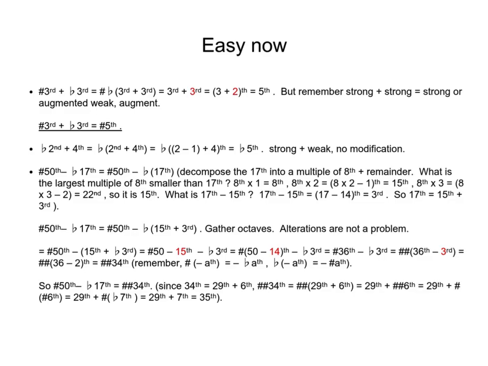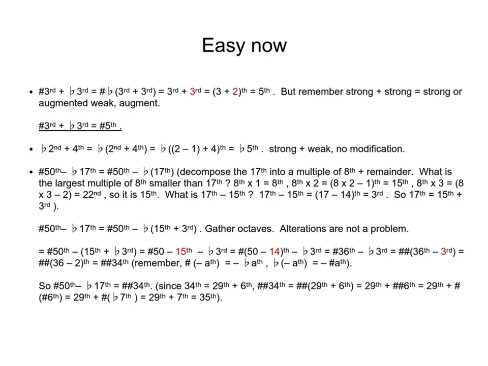The 50th and the 15th are octaves. There are a couple of ways to do this. You just use the properties to manipulate the diminished and the augmented symbols. To manipulate the accidental symbols, do the one you like for adding the octaves. Just use the properties and don't worry about introducing new accidentals. So an augmented 50th minus a diminished 17th is equal to an augmented 50th minus a 15th plus a diminished third, which is equal to an augmented 50th minus a 15th minus a diminished third, which is equal to an augmented 50th minus 14, which is going to be 36,